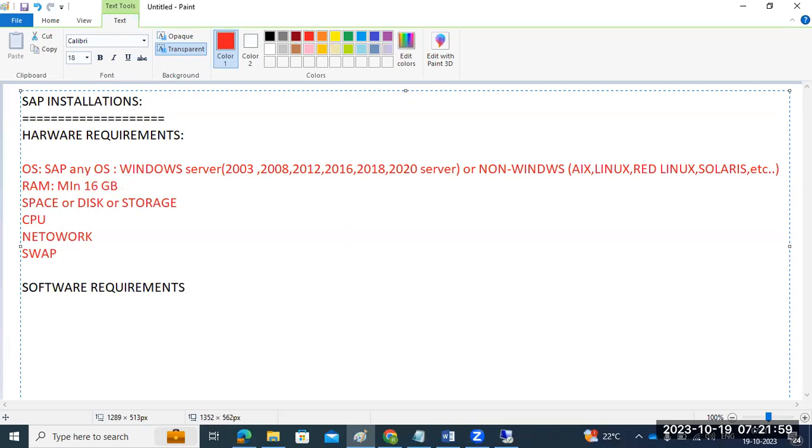In the hardware requirements, a minimum of 16 GB is required. Why? Because when you install SAP, several instances will be installed. One is the application server, ERS, database, application, and the host agent; everything will be installed, right? Each and every process requires some amount of